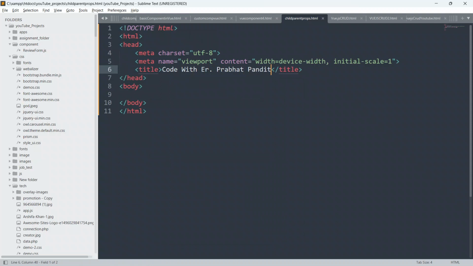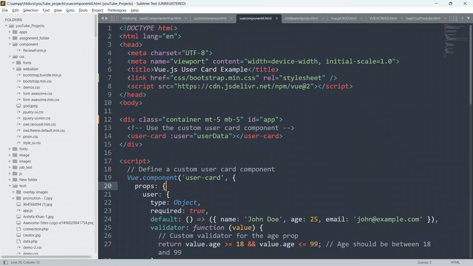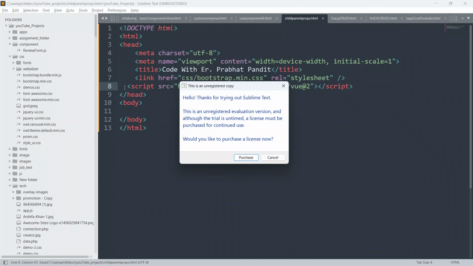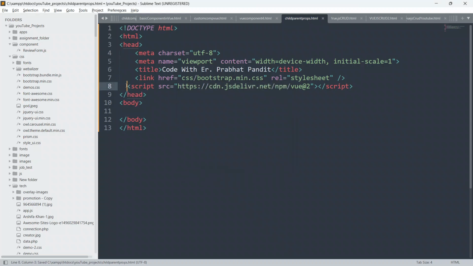First of all, I would like to paste one CDN link from the previous example. So let me go to the previous example and copy the CDN links from there. I will paste them inside our code, and let me explain what the CDN is all about. As you can see here, this is the CSS file for Bootstrap. I have got a folder named CSS, and inside the folder a file, bootstrap.min.css, and this is the JS file for Vue.js.